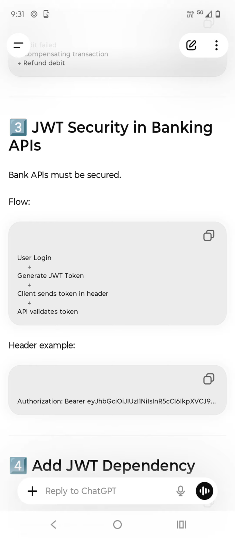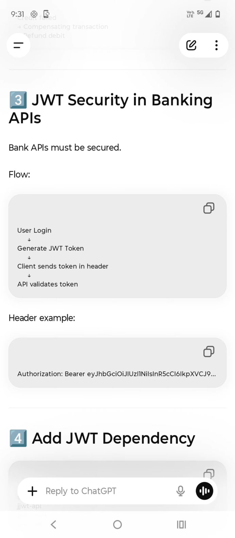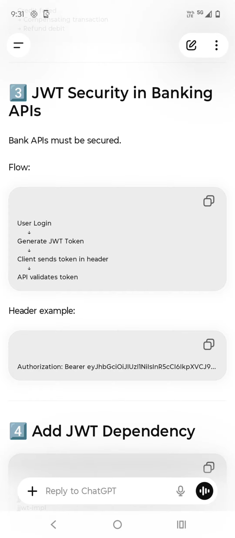I'm going to explain how the security works in the banking application flow. For example, the user will log into the banking website. You take any banking website, HDFC, some other banking application. First thing is the user has to log in, right? So when the user logs into the banking application, it will generate a token. The application layer will generate a JWT token. JWT token is nothing but a JSON Web Token.